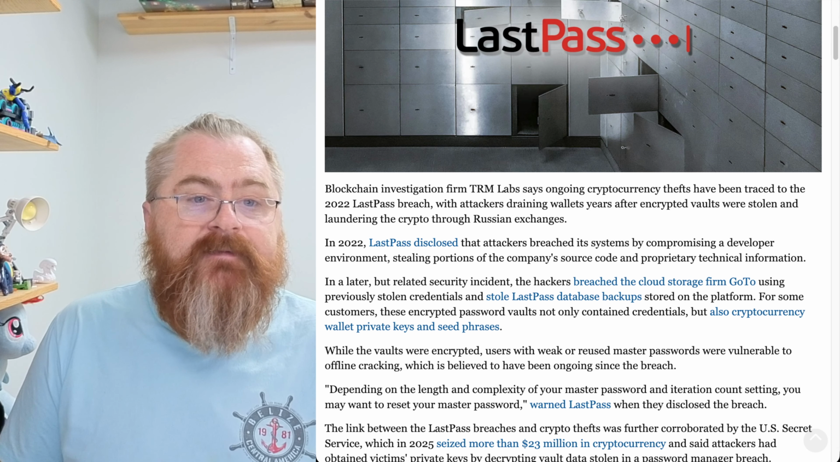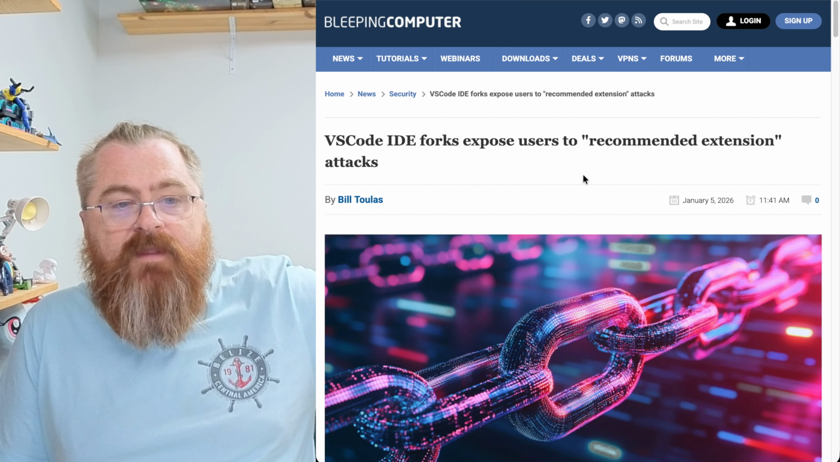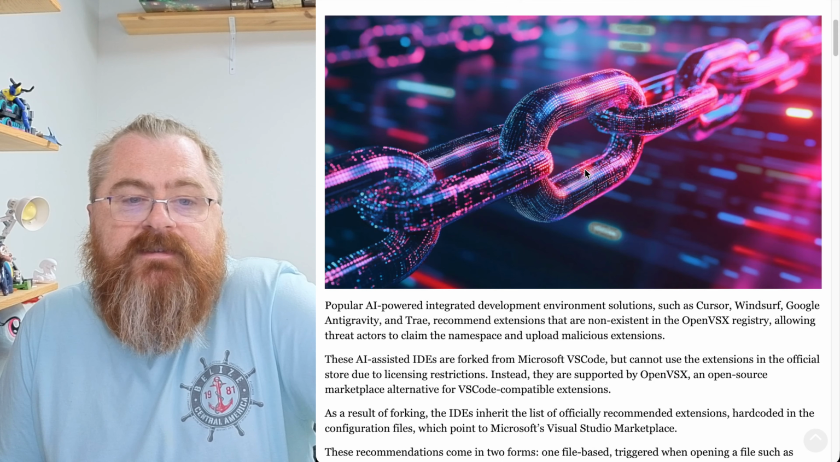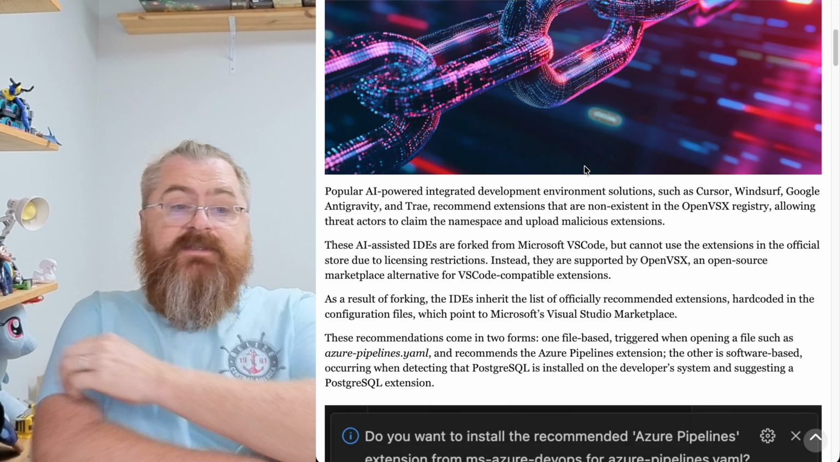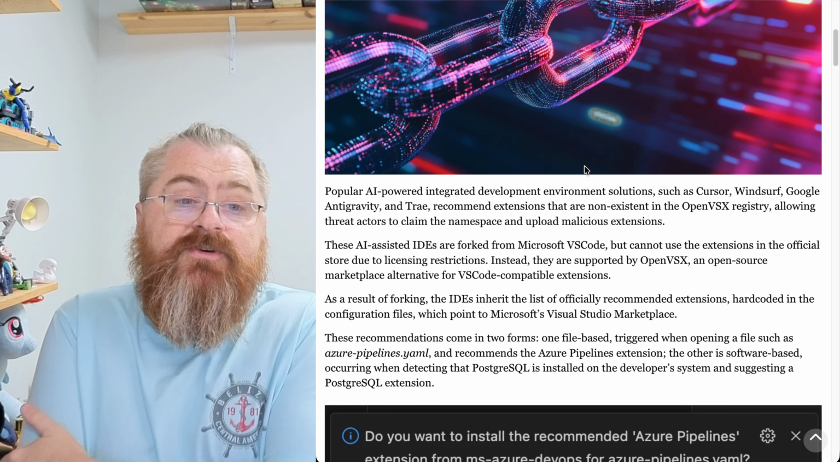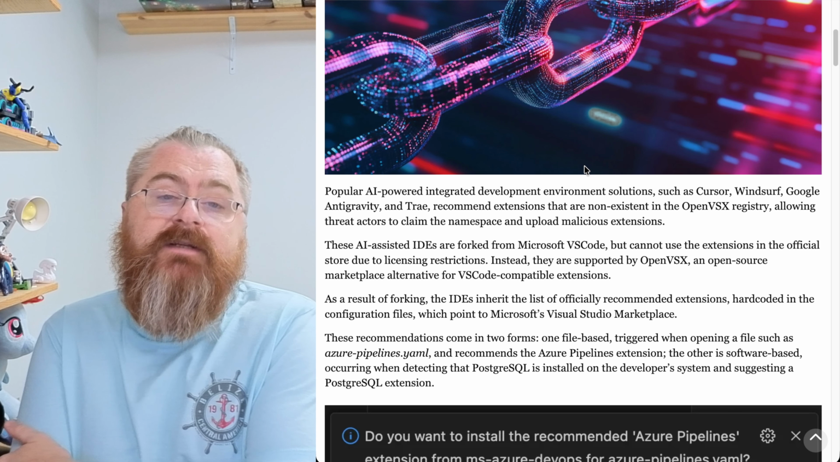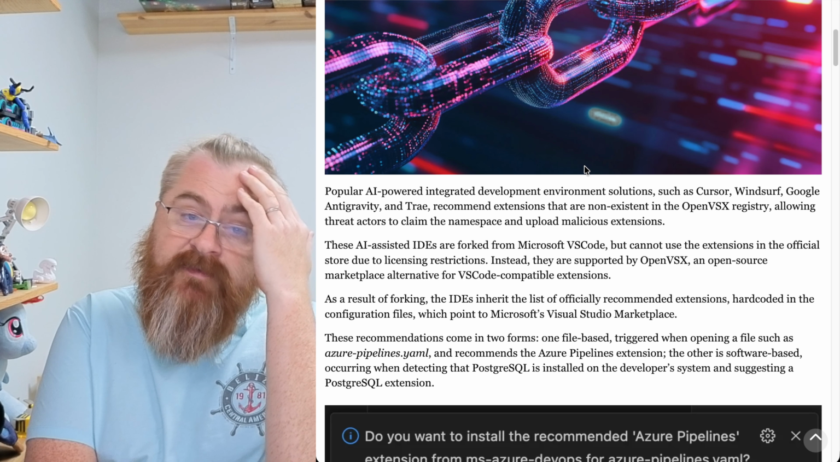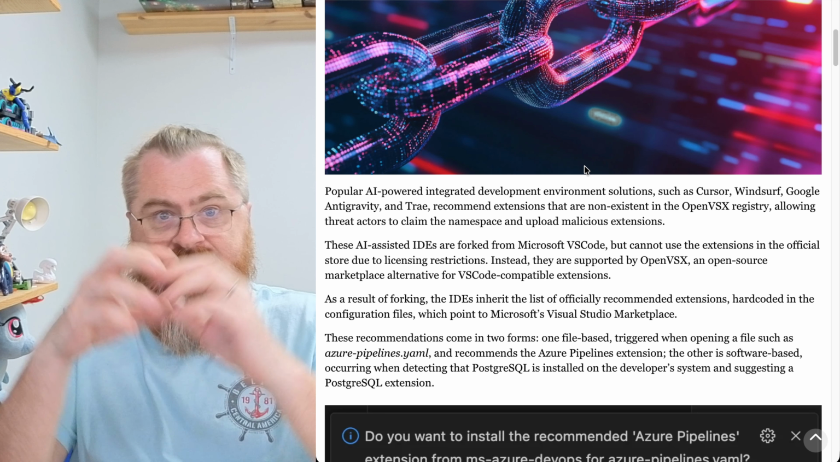All right. So sticking with security, this is a new warning for anyone using AI-assisted forks of VS Code. Researchers found that several of these popular IDE forks were automatically processing recommended extensions files from repositories without enough validation. This is this big